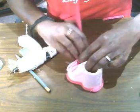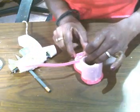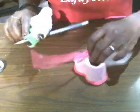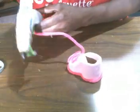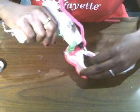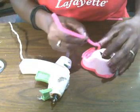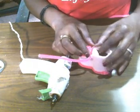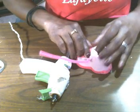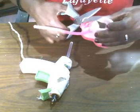And we're going to do this one more time, going this way. So a little more hot glue right across here. Let me grab another glue stick. So a little more hot glue right down through here. And we're just going to hold that there just like this. And then we're just going to cut off that extra piece